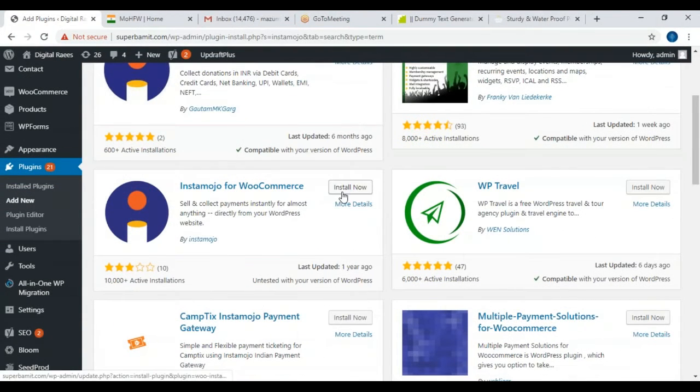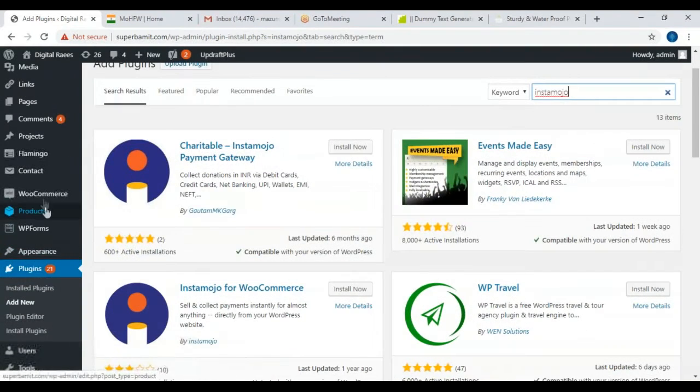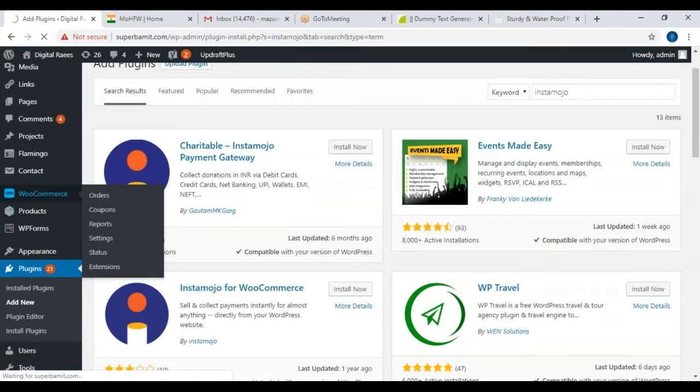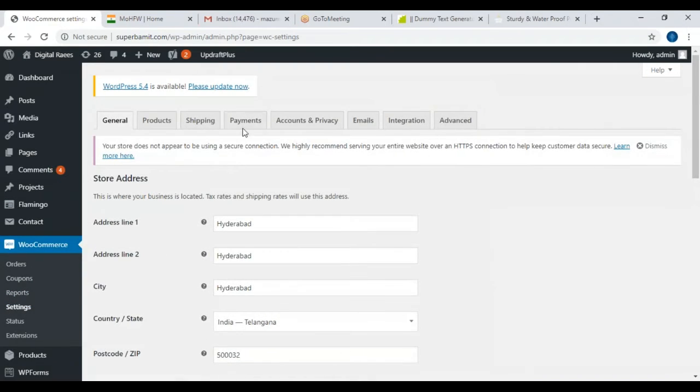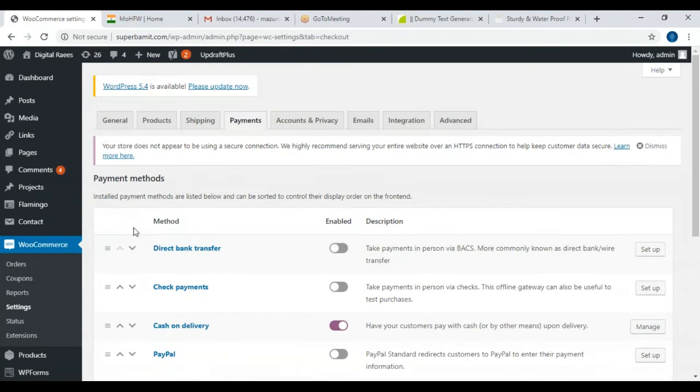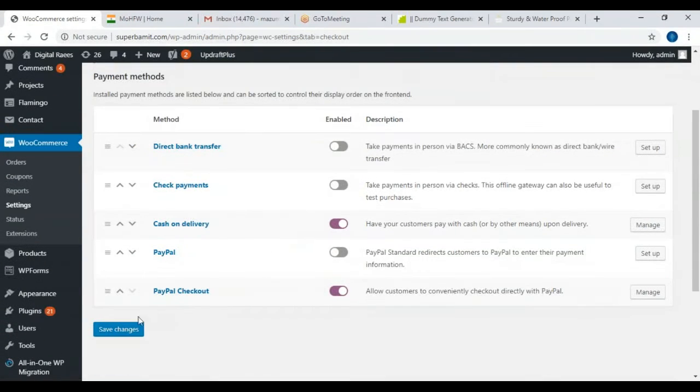You have to install this and you have to activate. Once that is done, you have to go to WooCommerce settings and payments. You are going to get that particular option of InstaMojo.